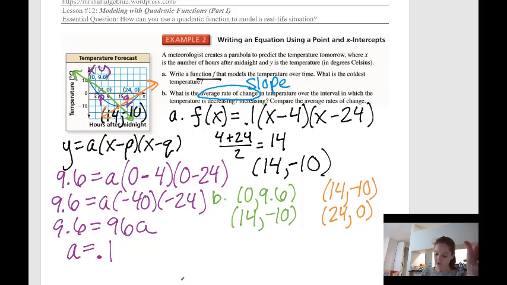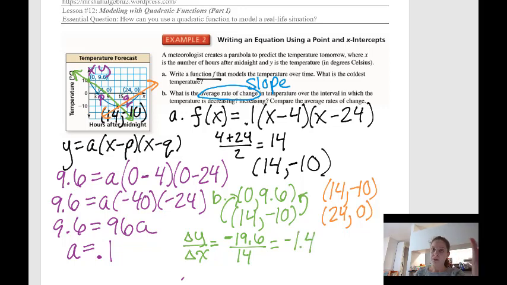And so I'll do the change in y over the change in x. So I subtract negative 10 minus 9.6, I get negative 19.6 over 14 minus 0 is 14. And I get negative 1.4. Remember that the y value is temperature, so the change in temperature, the change in Celsius over the time, and